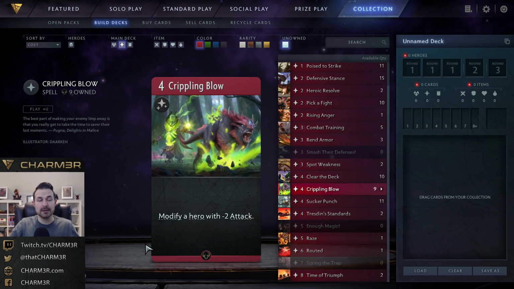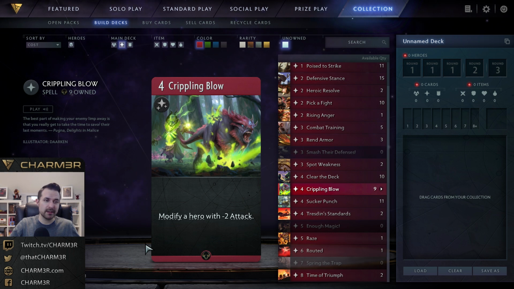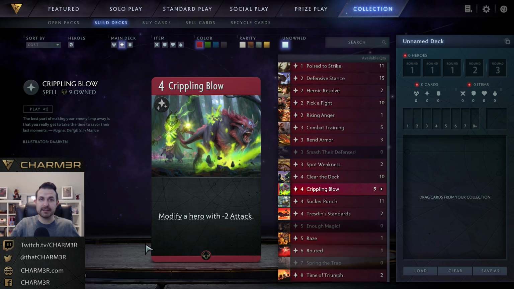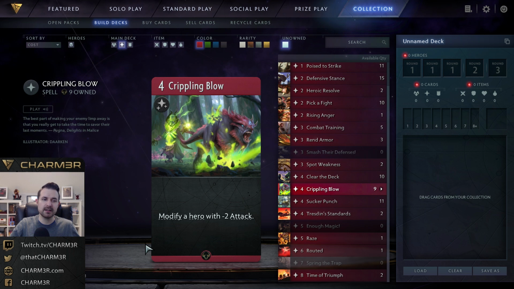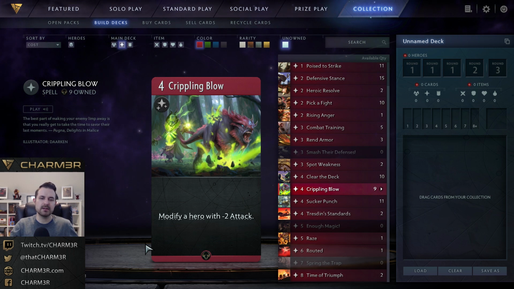Next up, we have Crippling Blow. This is 4 mana to modify a hero with -2 attack. This is not very good. It does not see a lot of play, and it does not see play in Constructed or even really draft. It's typically better to modify your own stuff with positive attack than it is to give an enemy hero minus attack, because the more you're being proactive, the more inevitability you create on the opposing tower and the opposing heroes and creeps, etc. Whereas with stall cards, the game already has this built-in inevitability just by the core mechanics, right? With creeps respawning every time, with heroes coming back every time, trying to stall is usually a little bit less effective